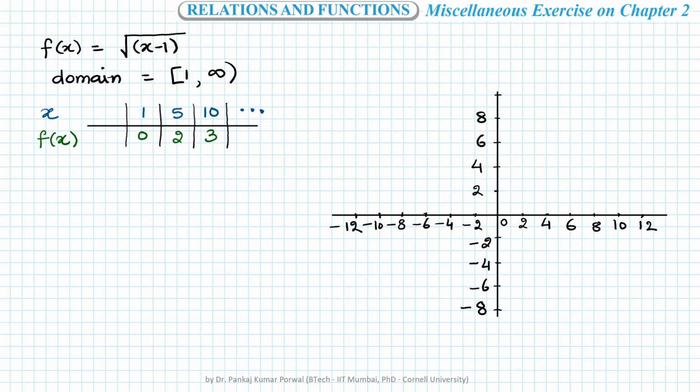The value of the function at x equals 1 is 0, the value of the function at x equals 5 is 2, the value of the function at x equals 10 is 3, and I can connect these points to make my graph. And note that my graph extends up to infinity on the right side